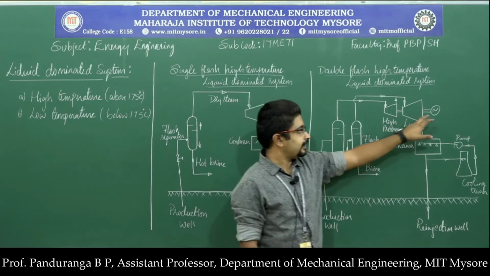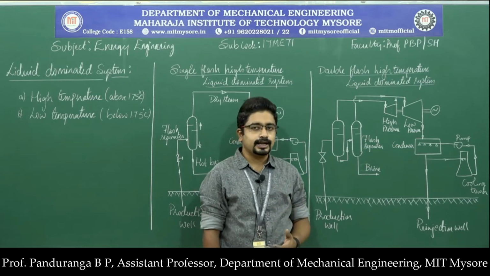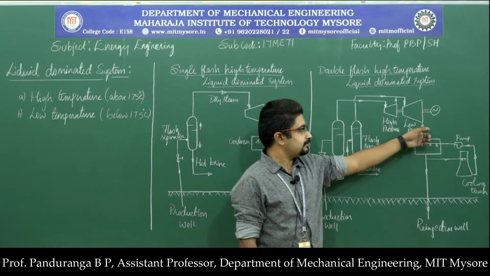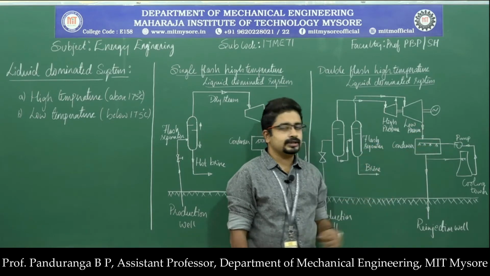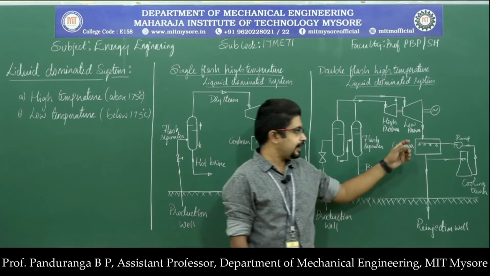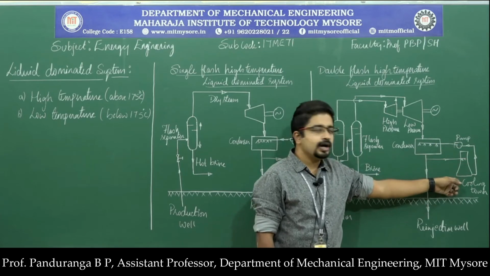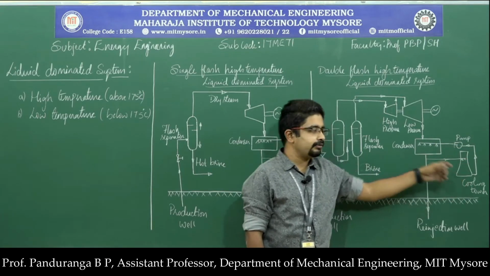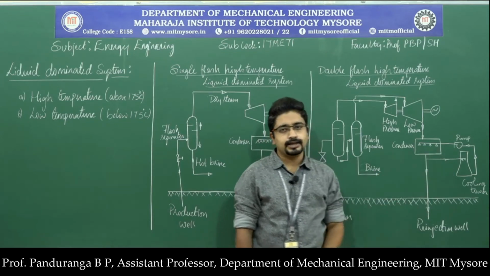So that combined energy will be supplied to the generator, where it produces electrical energy, and the steam at the end of the low pressure turbine will be sent to the direct contact condenser. For the direct contact condenser, we use the cooling water which is coming out of the cooling tower, and for the cooling tower we supply water, a part of water coming out of the condenser.